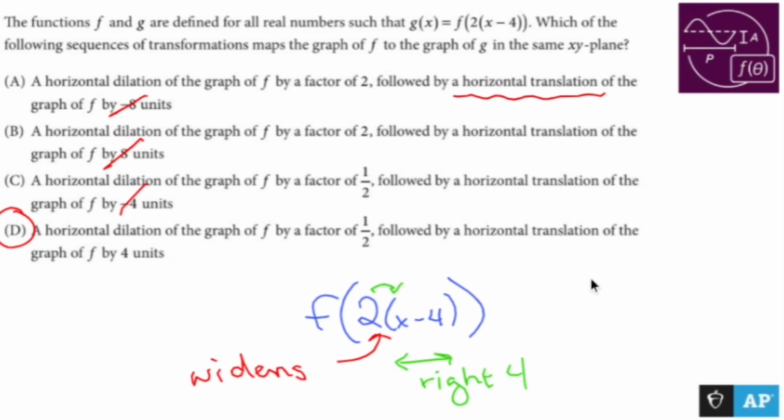Now, a vertical dilation is when you take a number and multiply it to all of f of x. So this would be a vertical dilation of 2, and I have a problem where I do something exactly like that, but that's not what we're dealing with here. When you're talking about horizontal dilation, you're looking at the number attached to x itself, and you're taking the reciprocal of it. In this case, the reciprocal of 2 is a half, and that's why D is